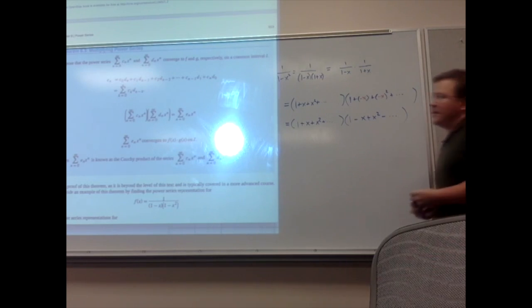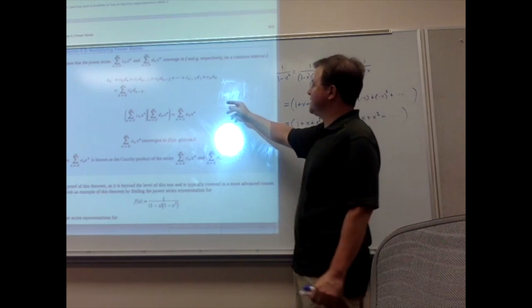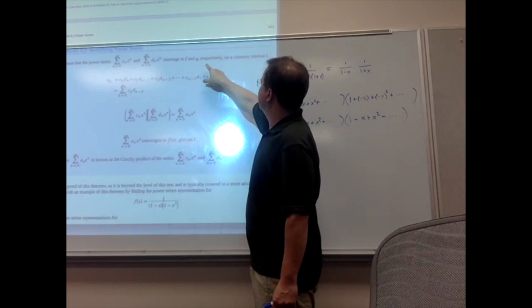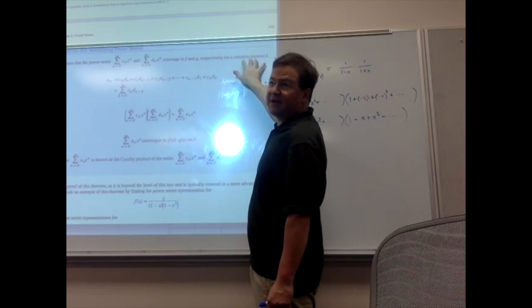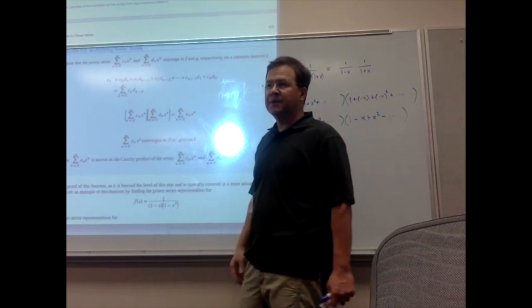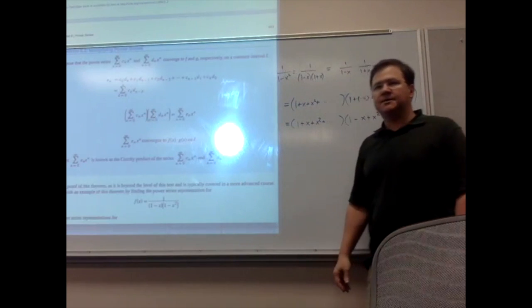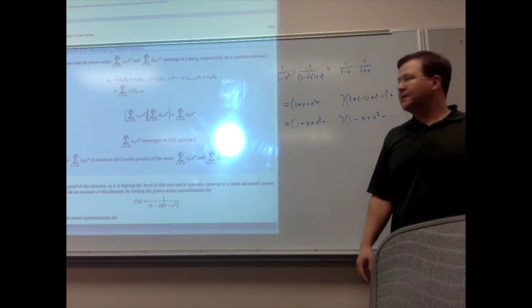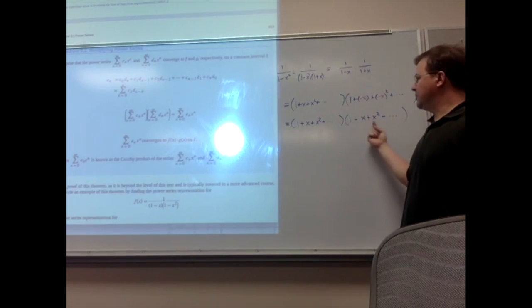Yeah, I was just consulting the book. It says here, if you have two power series that converge on a common interval I, then the product is going to converge on that same interval. So it's just the same as when you're adding. It's the overlap of the two. In this case, it just happens to be that both of these,